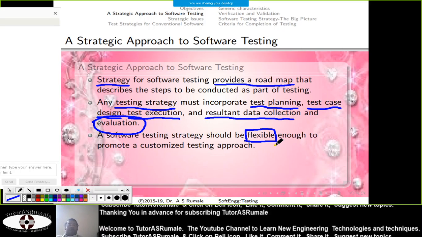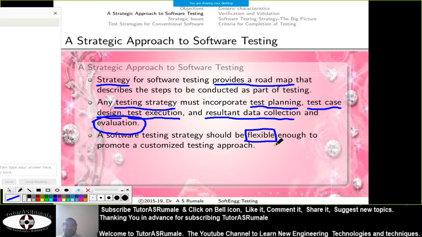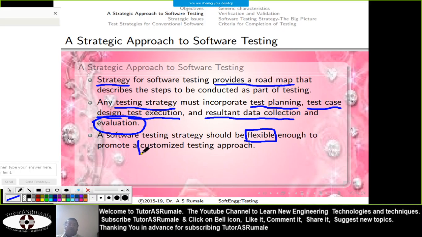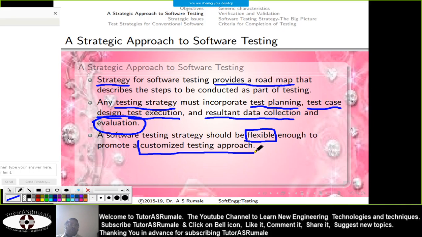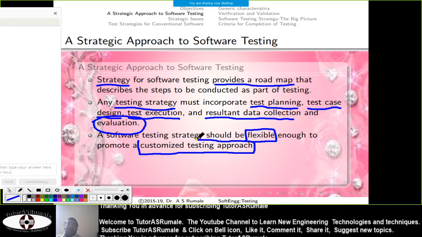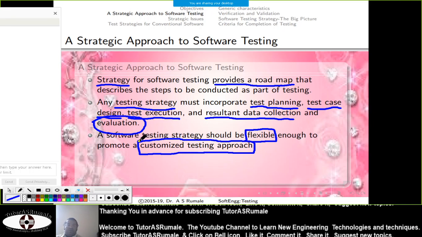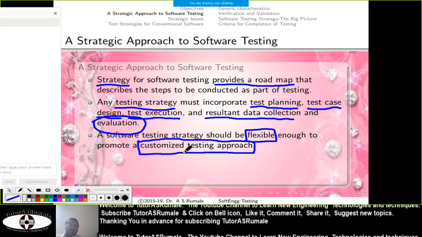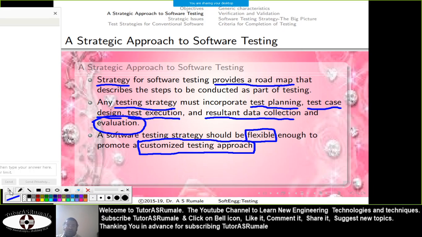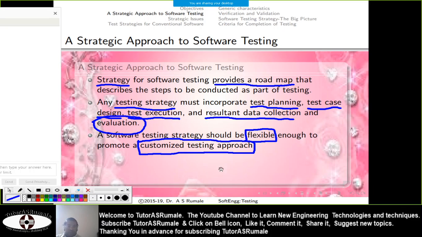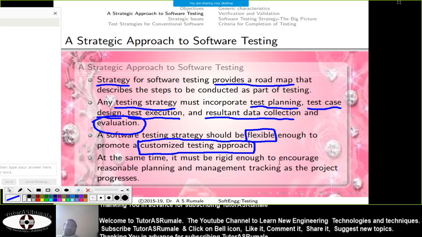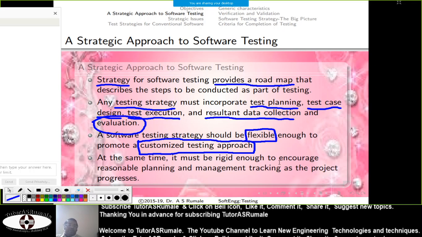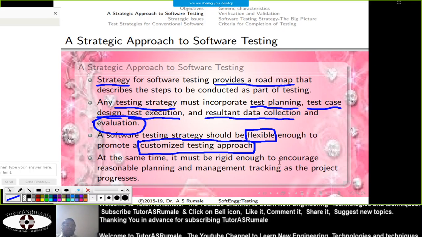So the strategy for testing should be flexible, because whenever a customer asks for some change, you require designing a new test case and executing it, and that's why it has to be flexible for this customized testing approach. Whenever you are dealing with a special type of software, you should consider this. At the same time, a testing strategy must be rigid enough to encourage reasonable planning.